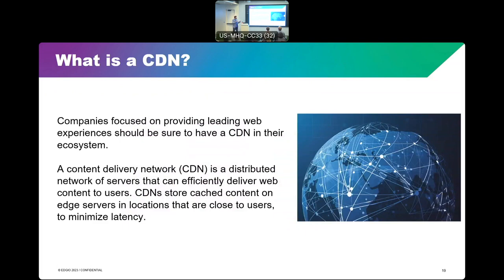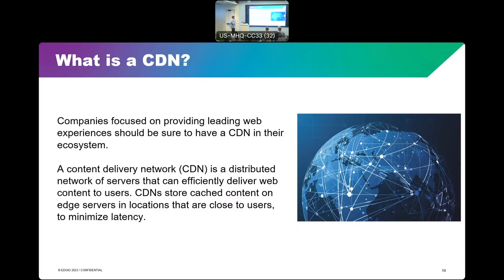And so as an alternative, I'd like to introduce CDN. Who's heard of a CDN before? All right, great, a lot of you. I'll be honest, I learned what this was only a couple of years ago. And after so many years in technology, I was surprised at how much I didn't know about CDN and content